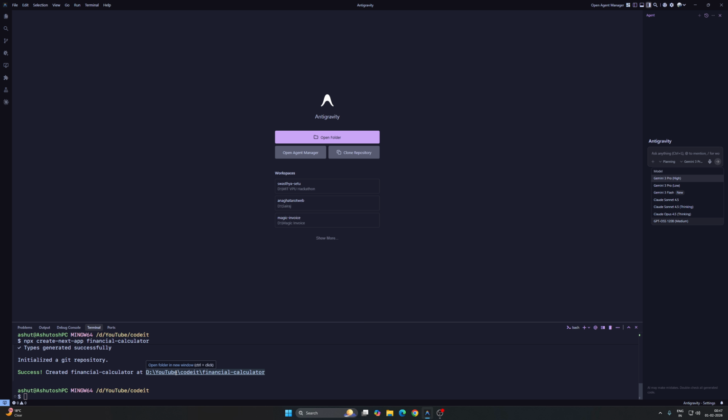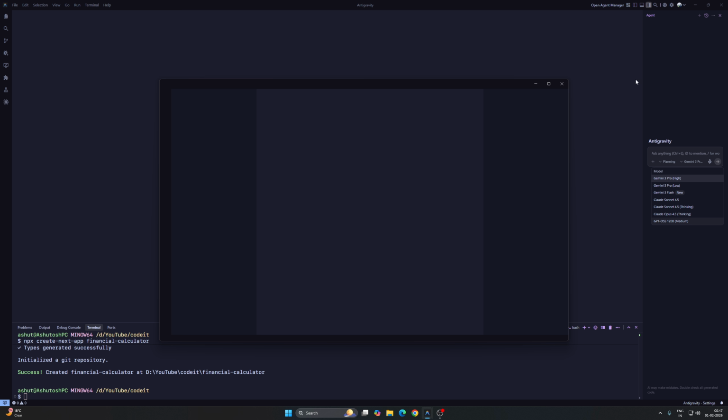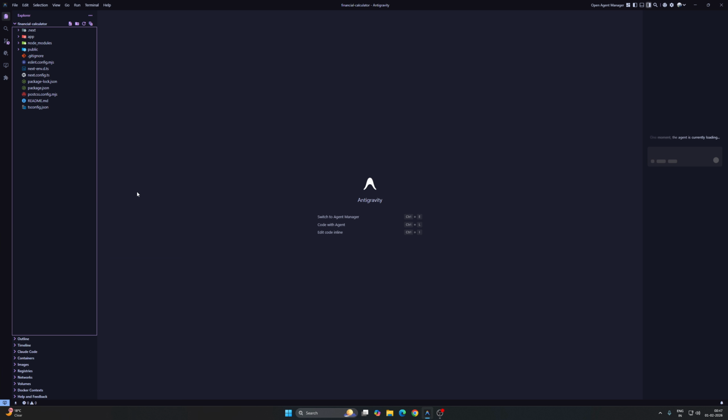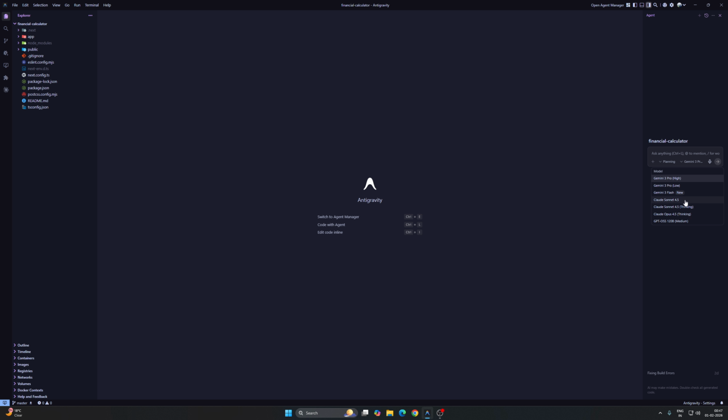Now the folder is ready. I'm going to open it in a new Antigravity window. Now it's open, and the agent is loading. Once the Antigravity agent loads, yes, now it's done. Select Claude Opus 4.5. You can use Gemini 3 if you want to, but right now I am using Claude Opus. And here type in hello,